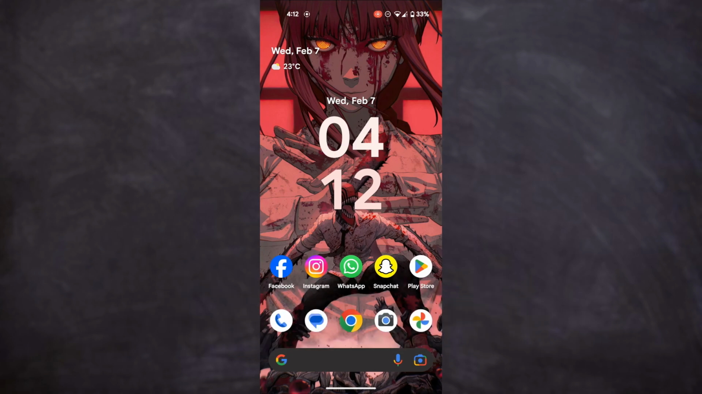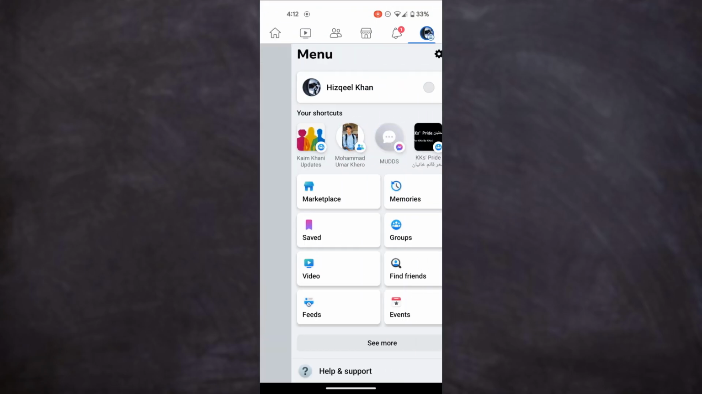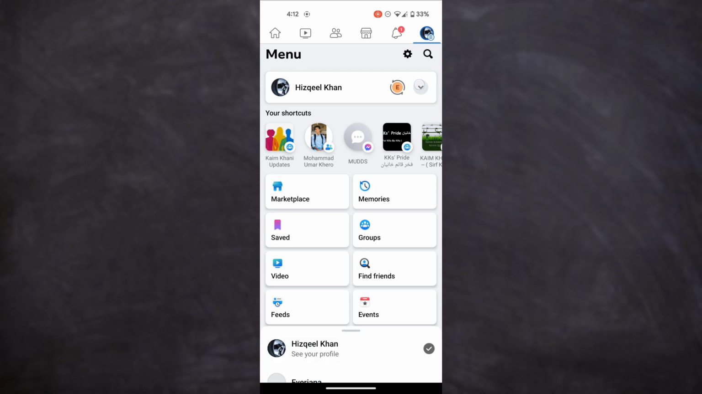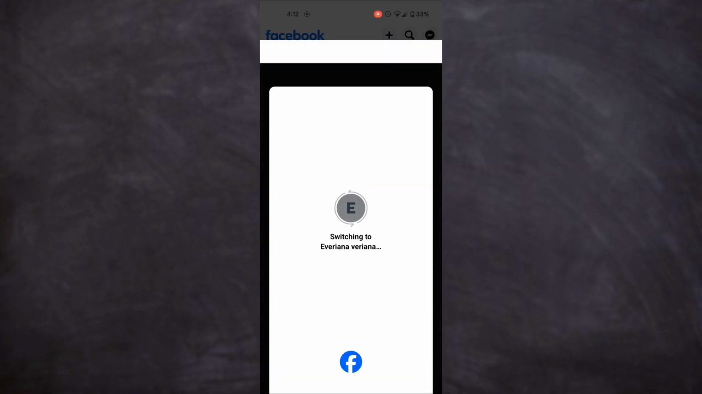First of all, open the Facebook app on your mobile device and make sure it is updated to the latest version available. After that, sign into your account and tap on this menu icon at top right corner of your screen. Now switch to the page you prefer,